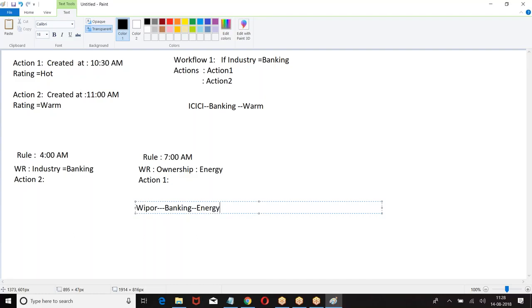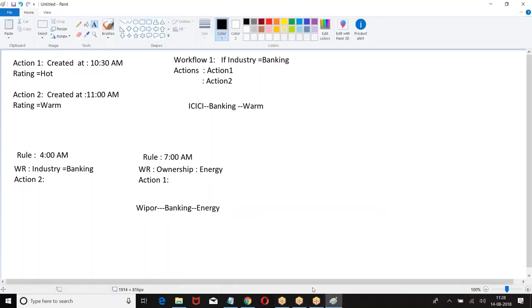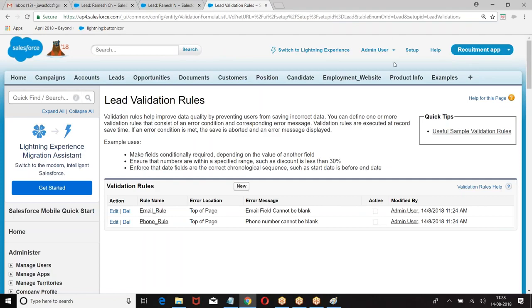If you have multiple workflow rules, actions will be performed as per the order of workflow rules. Now what is the workflow rule which was created first? Okay, rule 1. So what is the rule 1 action? Rating equal to 1. Then followed by rule 2. Rating equal to hot. What is the output we are going to get? Wipro, banking, hot. Are you getting my point? Still not done.